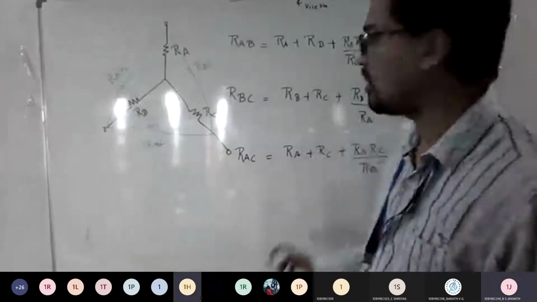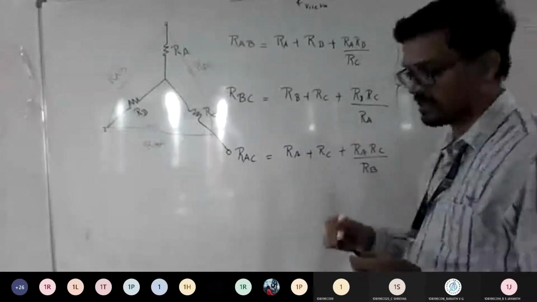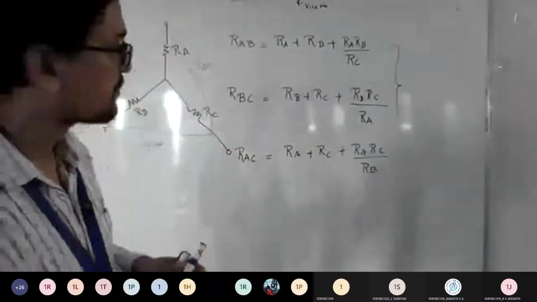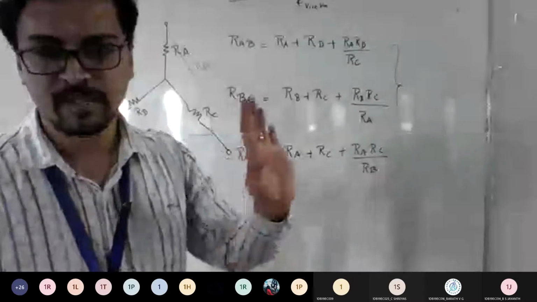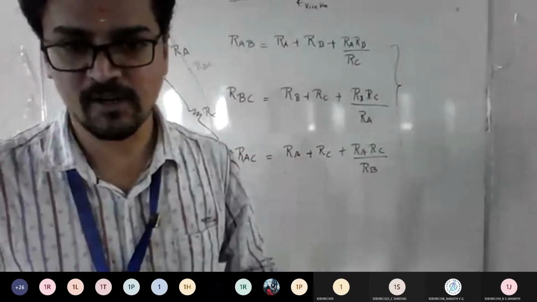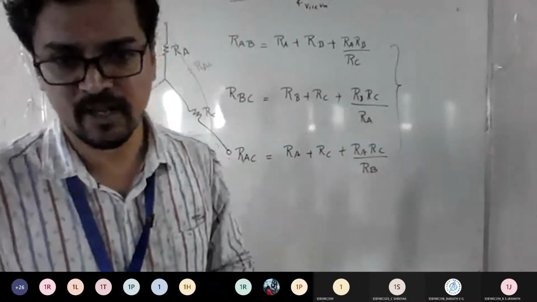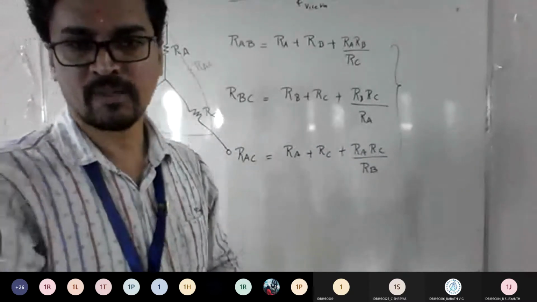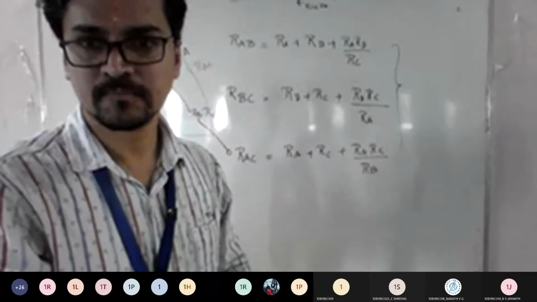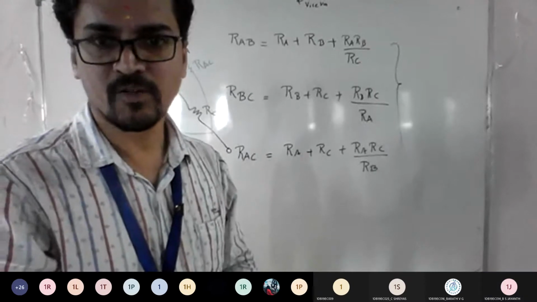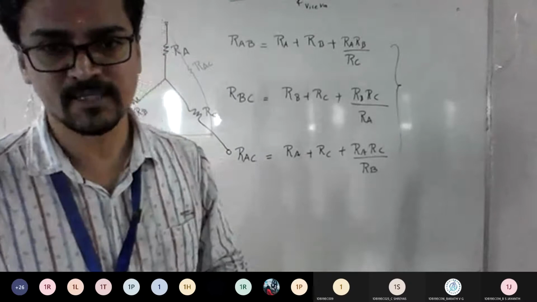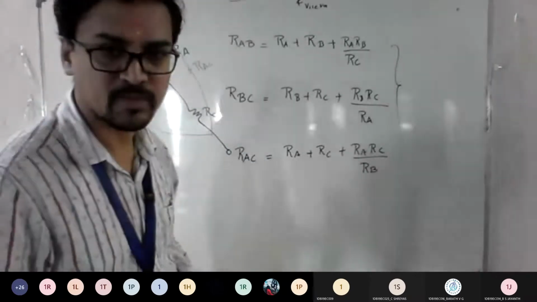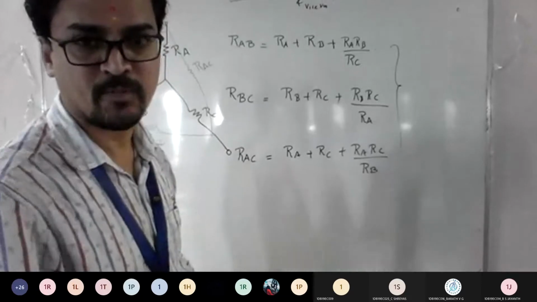Understood now? This is the formula you need to be aware of whenever you want to do star delta conversion. If you remember these two concepts, then straight away we can move to problems and solve how this conversion works in an electrical network. Am I clear to everyone? Yes, sir. If anybody has doubts about how to write the formula, you can ask. Otherwise, we'll move straight to problems and implement the logic we have discussed here. Shall we move to problems now?